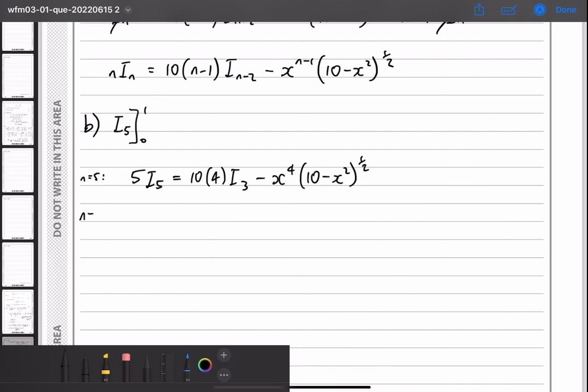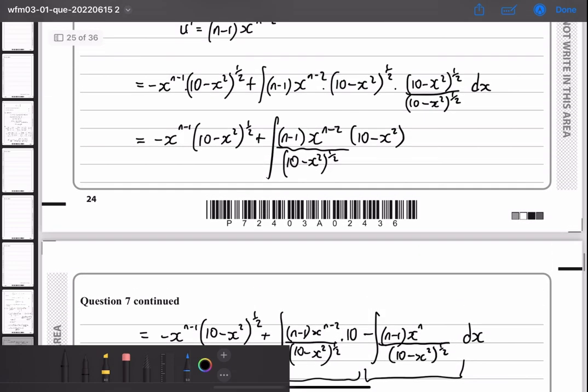And then if I use n equals 3, because I've got I3 here, so I know I'm going to need that. That gives us 3 I3 is equal to 10 times 2 I1 minus x squared, 10 minus x squared to the half, and I1, we know, because we did that earlier,